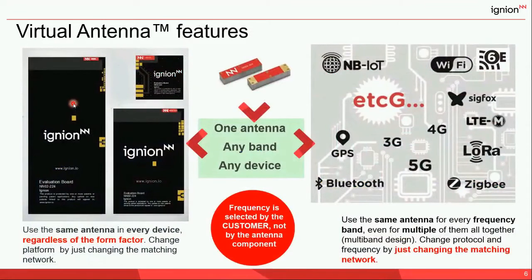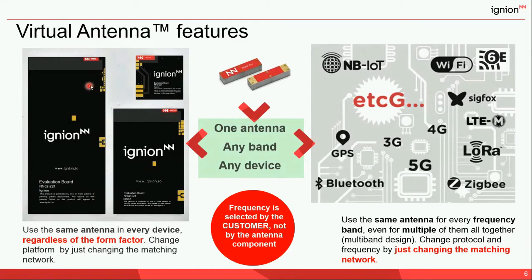So why did virtual antenna change the deal? Well, the main important feature is that it's not the antenna which dictates the frequency of operation, but we as IoT designers can freely choose the frequency of operation. So imagine we have one device with different form factors. We don't need to change the antenna for every form factor. We can always use the same antenna booster, which is shown in red,